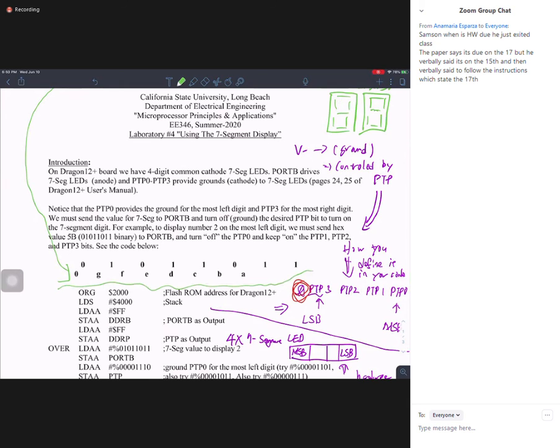It says, notice that albeit the PTP0 provides the ground. It says here that the PTP0 provides the ground to the most left digit, and PTP3 is the most